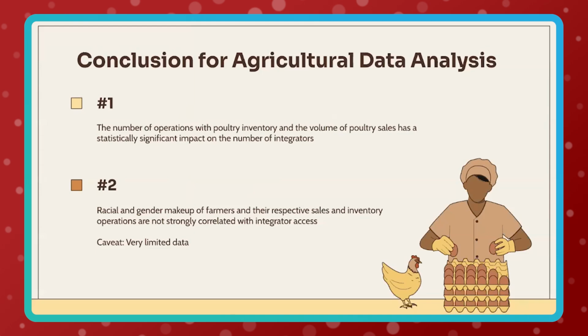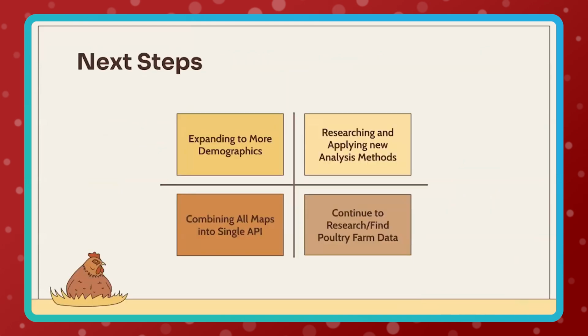The intersection of demographic and agricultural data would be helpful in understanding if there are disparities across racial groups in terms of integrator access, but unfortunately, the data was extremely limited to North Carolina and sparse for racial groups like Black farmers. Our next steps include looking at other demographics such as education and population density,